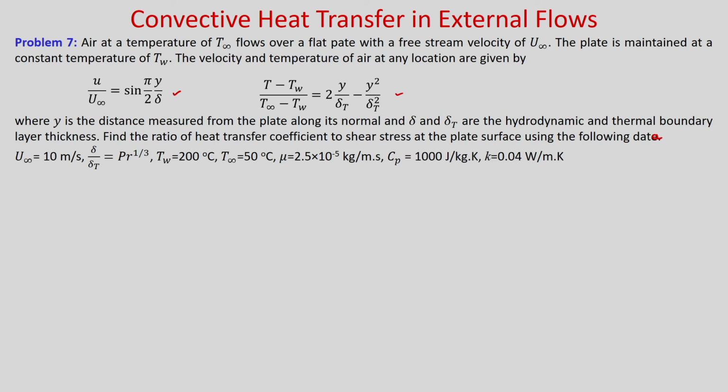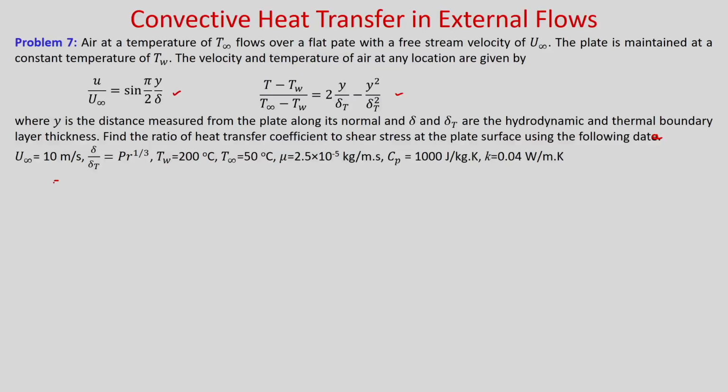So, you can see in this particular case your velocity distribution and temperature distribution are given. Okay. So, now we have to calculate the ratio of heat transfer coefficient to the shear stress. Okay. So, as you know the velocity distribution, you will be able to calculate the shear stress, and the temperature distribution you know. So, you calculate the heat transfer coefficient and make the ratio. Shear stress at the wall